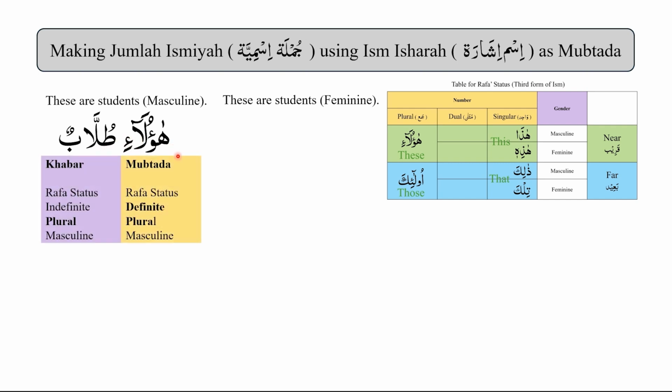Haula'i is the mubtada. It is rafa in status, definite in capacity, plural in number and masculine. Khabar is tullabun, which is rafa in status, indefinite in capacity, plural in number and masculine in gender. In contrast, we have "these are students" but of the feminine gender. Similar to the first sentence, we will again focus on the near row and go to the plural end. We have only one option here, so we will use that in our sentence. Haula'i